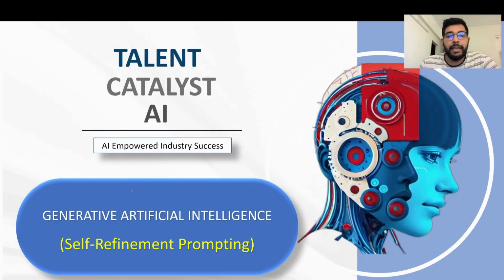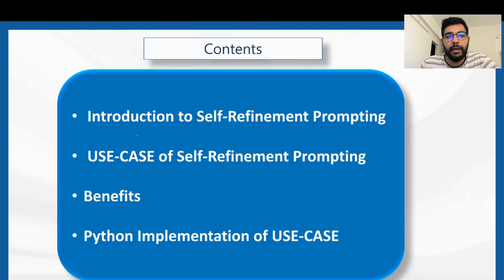The topic for today's video is the fourth most prominent type of prompt engineering in generative AI, that is self-refinement prompting. In this video, I'll be introducing what exactly is meant by self-refinement prompting. We'll then be discussing a practical use case on how to implement self-refinement prompting. Then we'll be discussing what are the benefits of self-refinement prompting, and